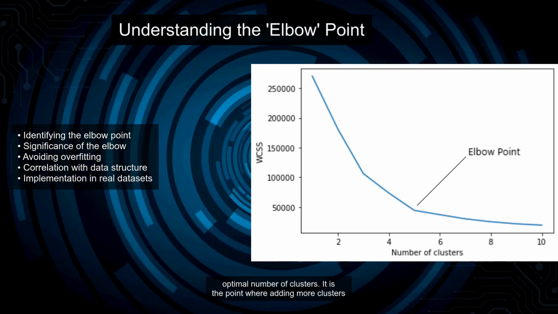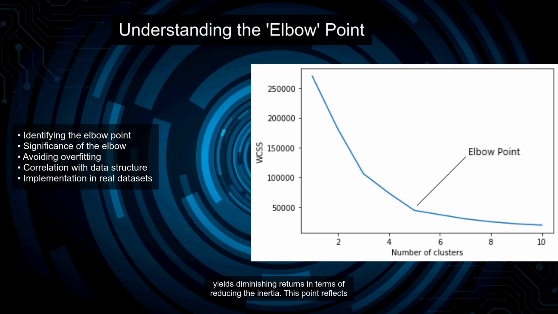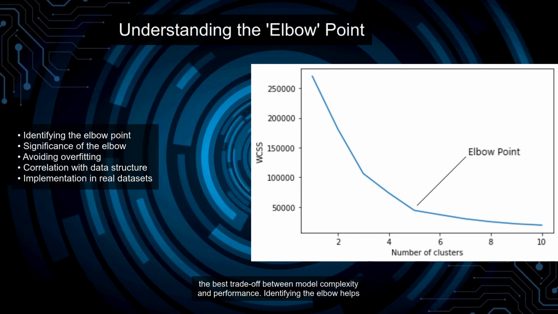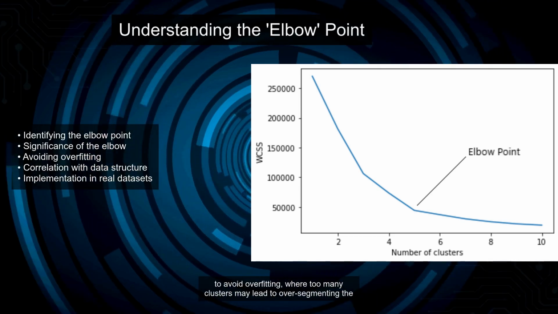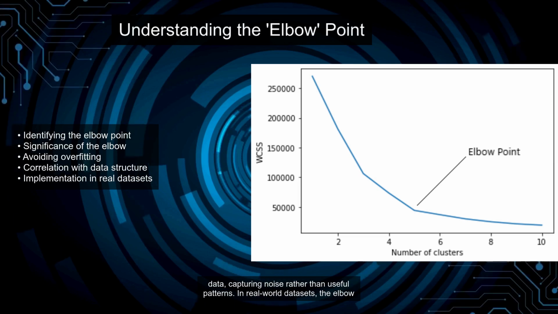The elbow point in an elbow curve is crucial for determining the optimal number of clusters. It is the point where adding more clusters yields diminishing returns in terms of reducing the inertia. This point reflects the best trade-off between model complexity and performance. Identifying the elbow helps to avoid overfitting, where too many clusters may lead to over-segmenting the data, capturing noise rather